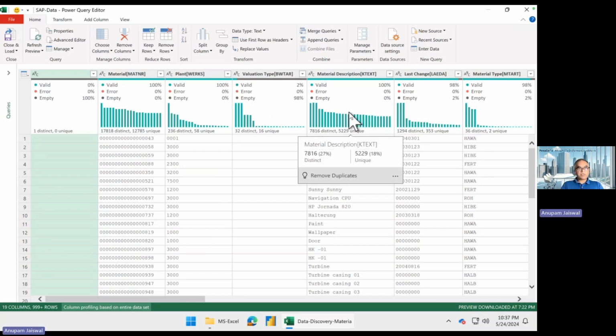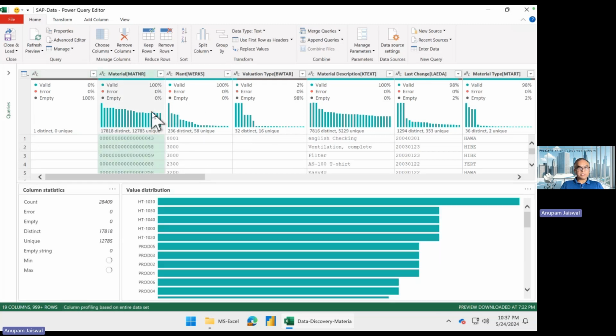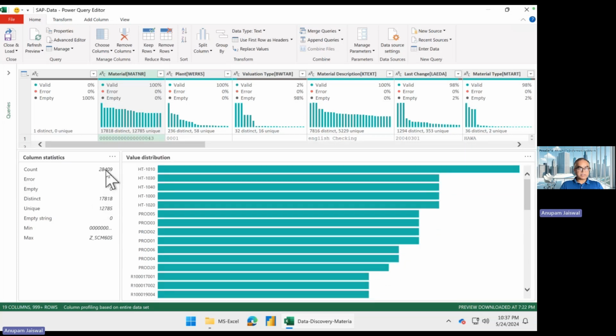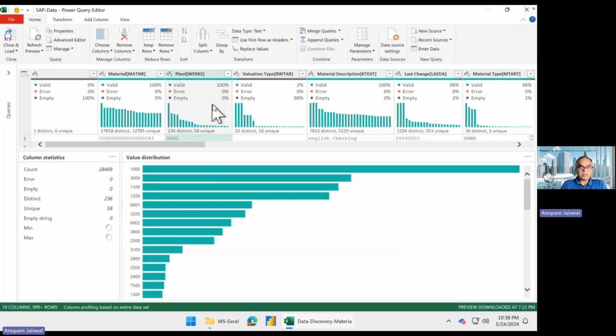Now, first thing I want to see, what's the distribution of the materials. So I have 28,000 different material numbers. As you can see, there's this very popular one, HT-1010. It gives me the value distribution of all of these. And I can also look at it by plants. Plant 1000 has the highest number of materials, then 3000, and if I wanted to, I can,